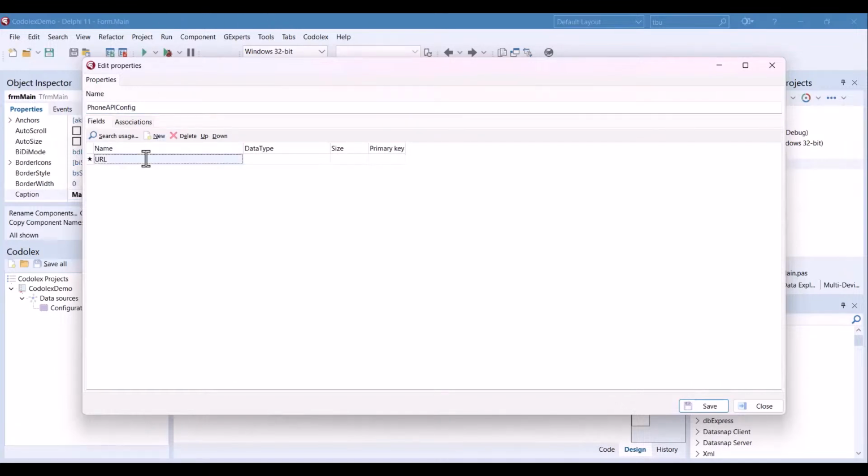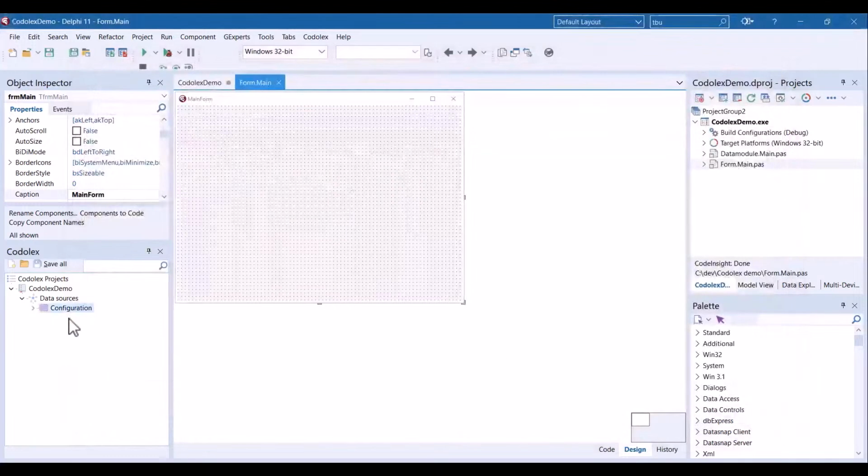And let's add a URL and an API key. Okay. So we now have an entity we're going to use within Codolex